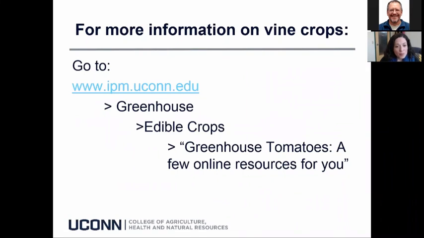So I went very fast talking about the options for vine crops, and like I said, there are many more options on how you can start with a different fertilizer base. What you can do is go to ipm.uconn.edu, click under greenhouse, click under edible crops, and then there's a little link about greenhouse tomatoes, with a few online sources for you. If you go there, you will get more detailed tables and more options on how to develop your own nutrition